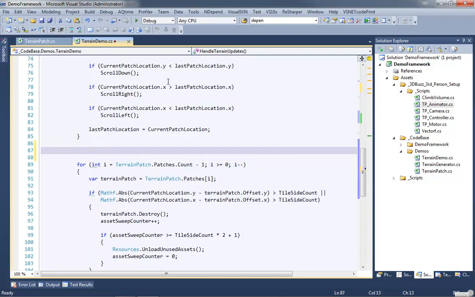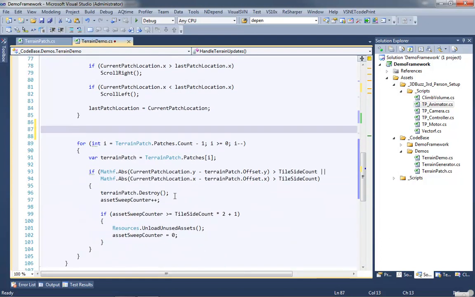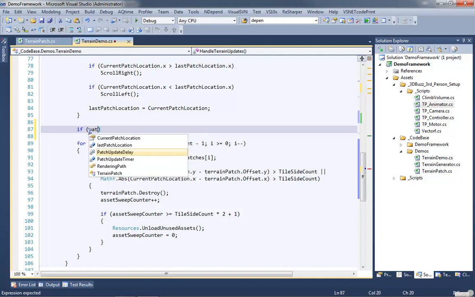But in between checking our last patches and removing old patches, there's something else that I want to be able to do now. That is loading in patches, or making sure that patches that have been calculated, but whose update meshes haven't been called, all get dealt with right here. So what we need to do is do a condition. We want to check and make sure that our patch timer,